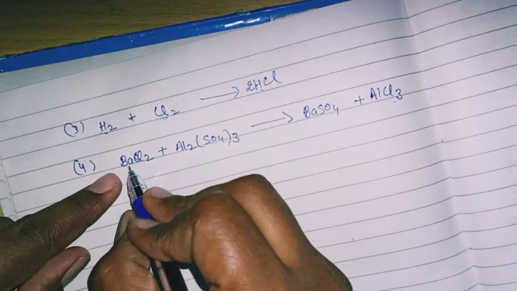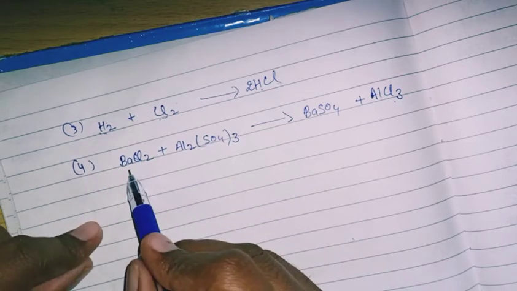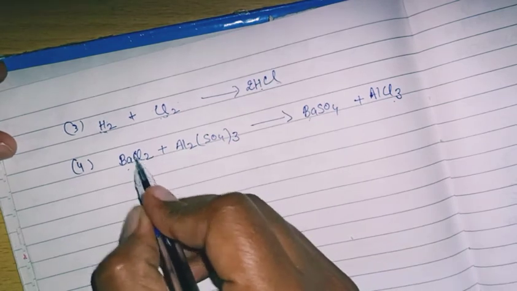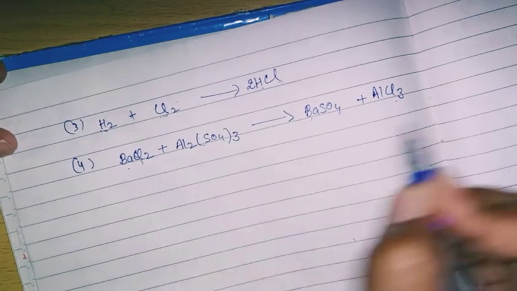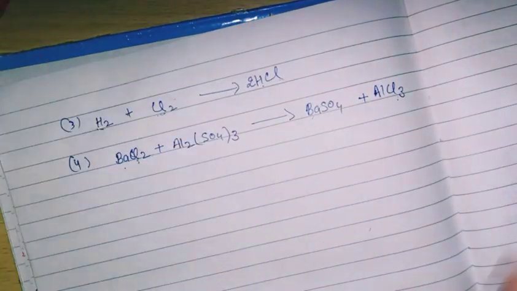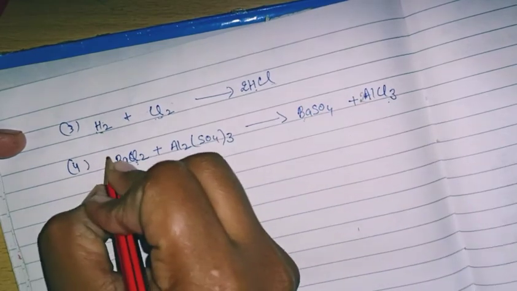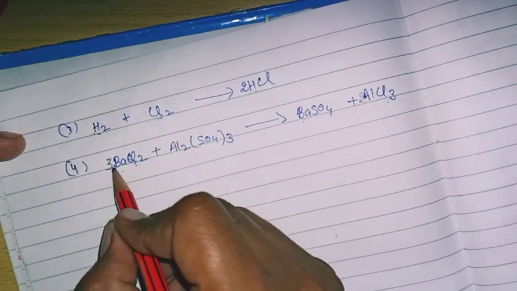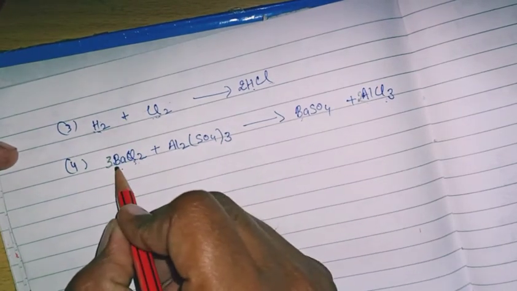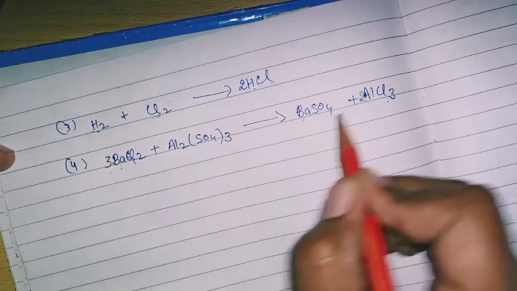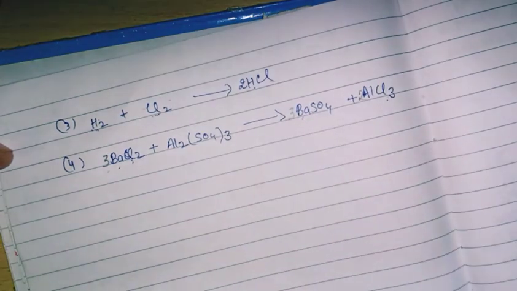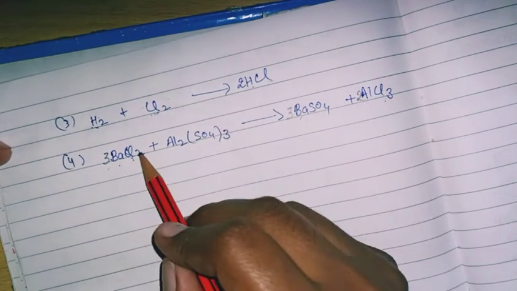See, firstly we start with barium. In the reactant one barium is here, and in the product there is 1 barium. Okay, your barium is balanced. If we talk about chlorine, 2 chlorine are in the reactant and in the product 3 chlorine are here. So to balance the chlorine, I will multiply aluminium chloride with 2 and barium chloride with 3. Now chlorine is 6 here and 6 here. Your chlorine will balance, but with this your barium will change. Now barium becomes 3 and here barium is 1. So to balance the barium again, here I will multiply with 3. Now your barium and chlorine are balanced.